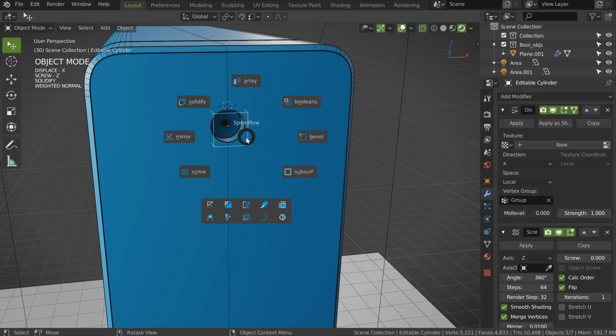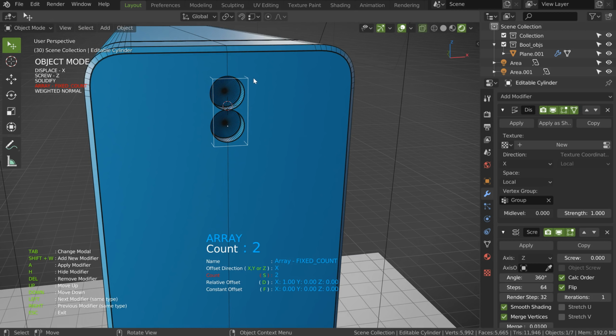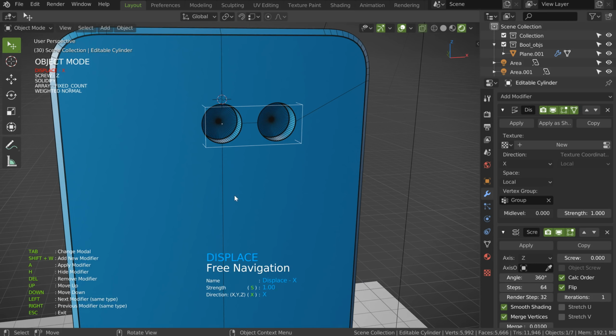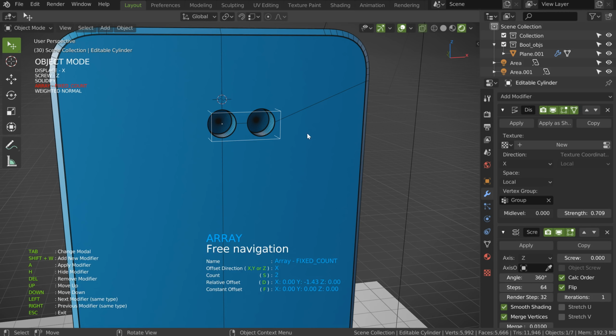What I will do is to add an array. I will just add one count. I will press D0 because the array is in the wrong direction. I will choose Y, D, for example, 2. That will give me this result. Or I can play and make it on the other side. Okay. Since the object has a displace, I can come on the displace and change the scale of the object. Just like that, as you can see. So on the array, boom, I can add more count, like that.